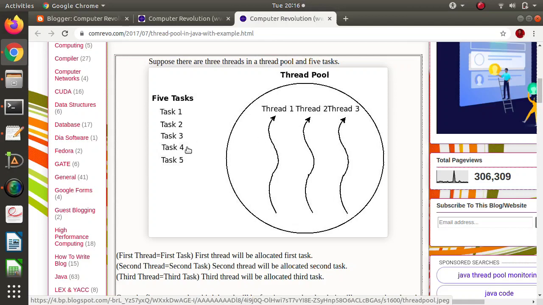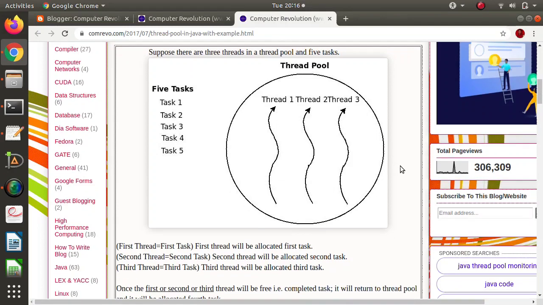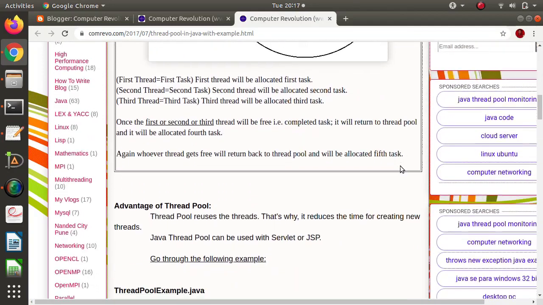So we'll allocate task 4 to thread 2, and suppose after that thread 1 is freed, so we'll allocate task 5 to thread 1. So basically, when we have multiple tasks and we have created a fixed number of threads in the thread pool, whichever thread is freed, to that thread we are allocating another task.